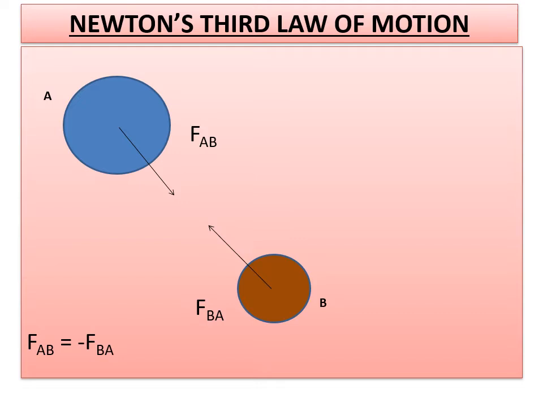That means when you have studied in 8th standard, for FBD diagrams, I have taken a sign, one in one direction, the other in opposite direction. I have taken a negative sign. So similarly, here also we have to take a negative sign. So force exerted by first body, that means FAB, is equal to minus FBA. FBA means force exerted by second body on first body. So this is the expression you have to remember.